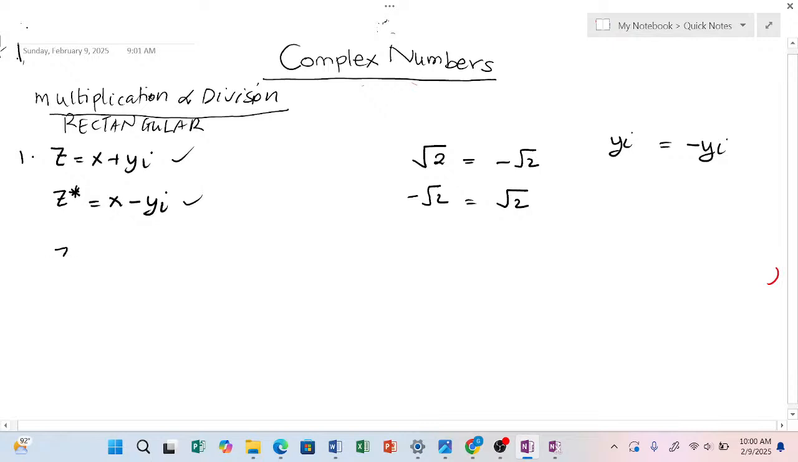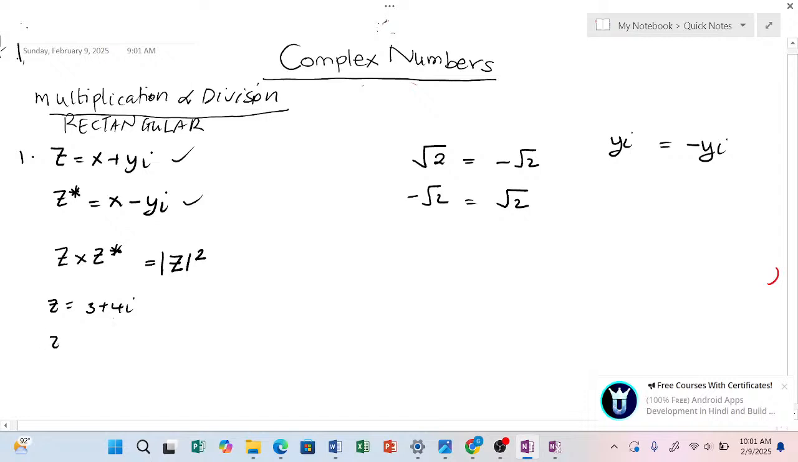And we are saying that a complex number multiplying its conjugate will always give you the magnitude of the complex number squared. What are we saying? Okay, let's put it in practice. So let's see. If I have z is equal to 3 plus 4i, its conjugate is 3 minus what? 4i. So let's multiply the complex number and its conjugate. That is 3 plus 4i